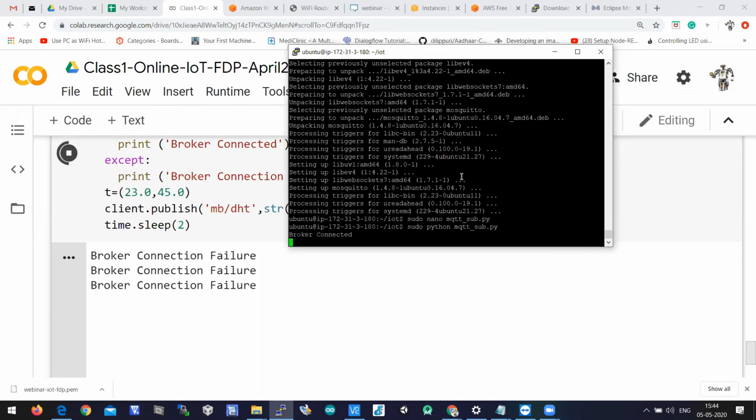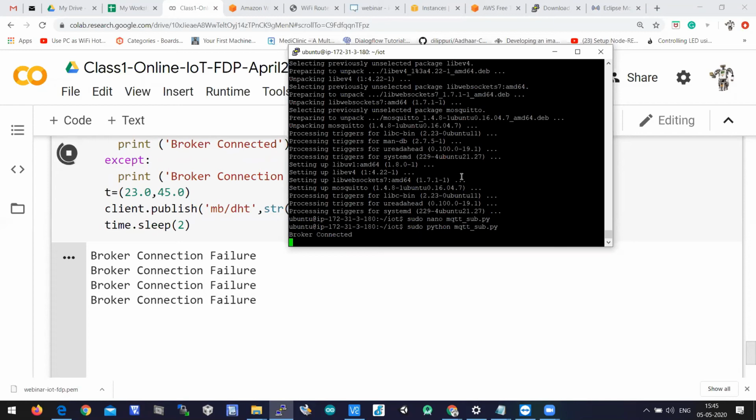Google Colab is outside of AWS. It is not related to any AWS product, right? Google Colab is a different product of Google. So when Google Colab sends a request to AWS, AWS blocks that request. It is not giving a chance to connect with the broker.